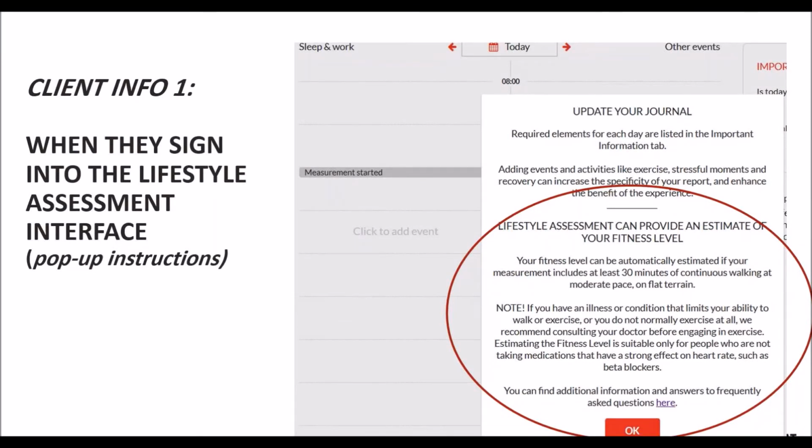All right, and then the client, those 2 slides were from the info meeting that we can give to the clients if that is the way. But if instead you, for example, mail the bodyguard device to your client and provide information via phone, then the client also gets some automatic messages from the lifestyle assessment that remind them about the fitness level. This is the first message that they get when they sign into the lifestyle assessment interface to fill in their personal information. It's the same view that they have got in the past, but now we've added a small bit